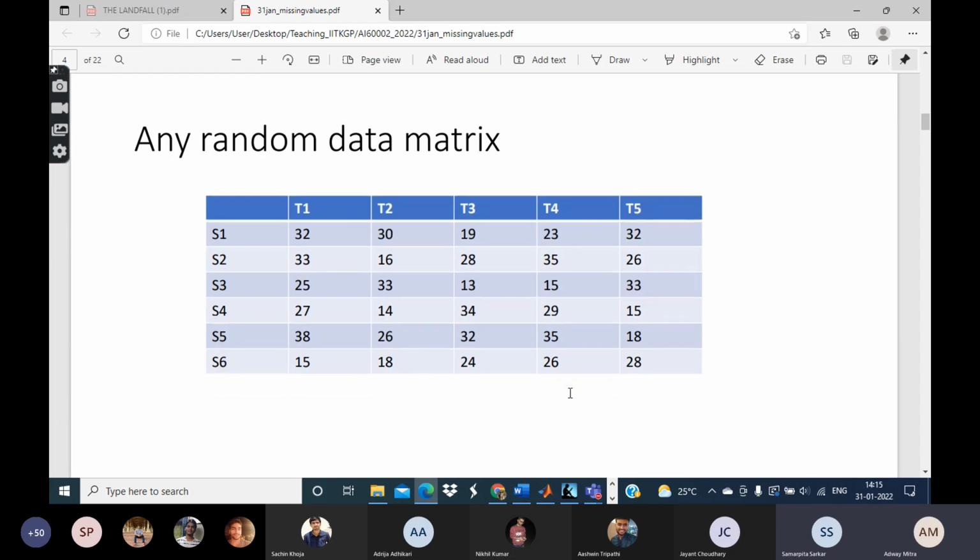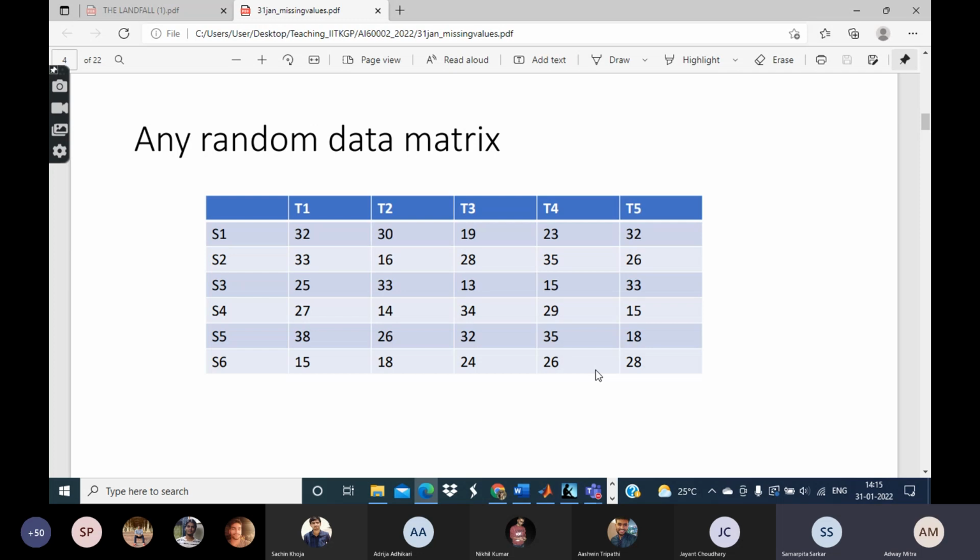And now let us consider any random data matrix like this. So you can say that there are 6 spatial locations and say 5 temporal locations, and the value is any geophysical variable. We are not specifying what it is, but you can say that it has got these values. Okay, now